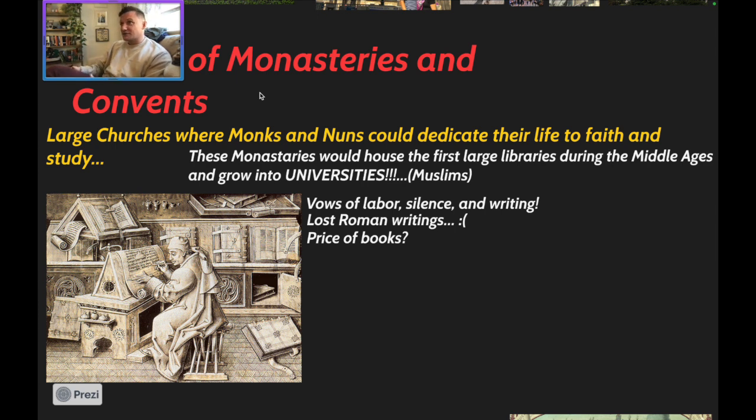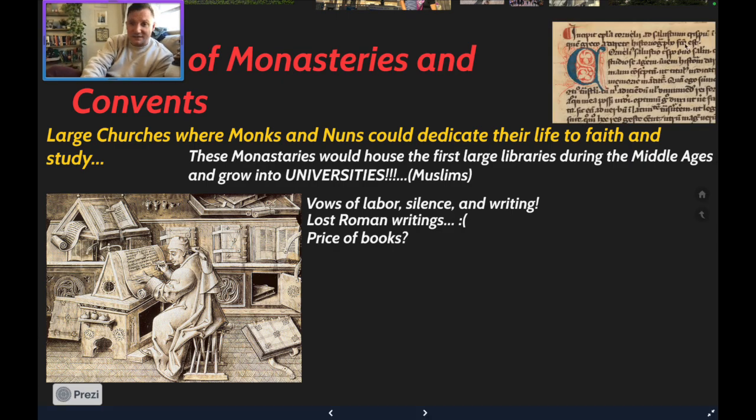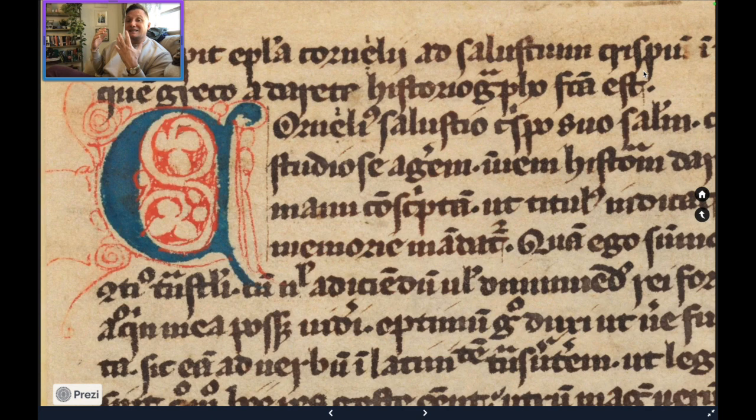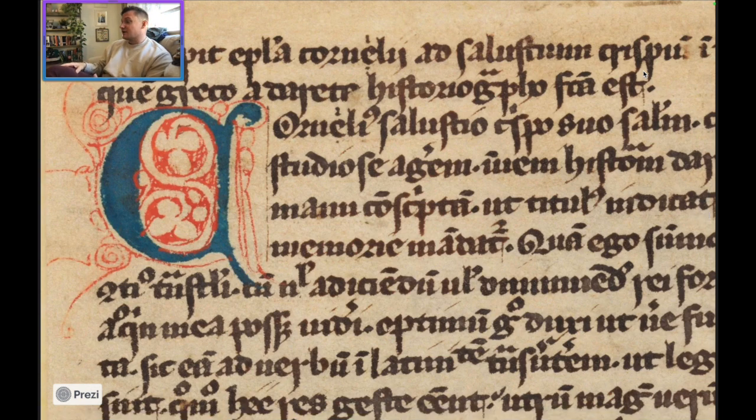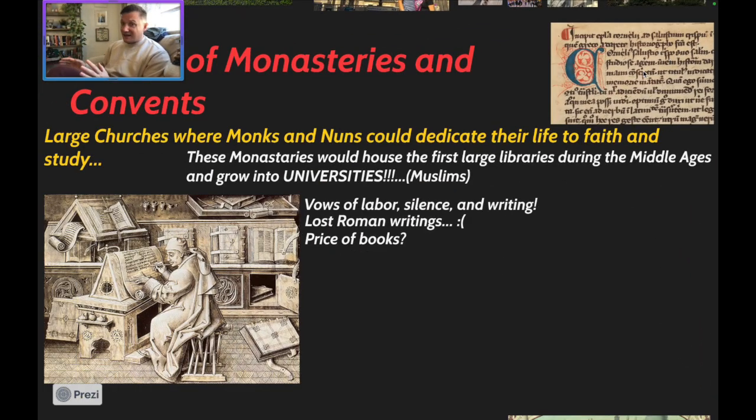But also going into it, if monks are the ones creating these books and handwriting them from one location over to the other, what is this going to do to the price of books? Well, it actually makes them insanely expensive, right? They're insanely expensive due to the fact that they all had to be handwritten, they were all hand decorated, they were all hand illustrated, and they took a lot of time to make, right?